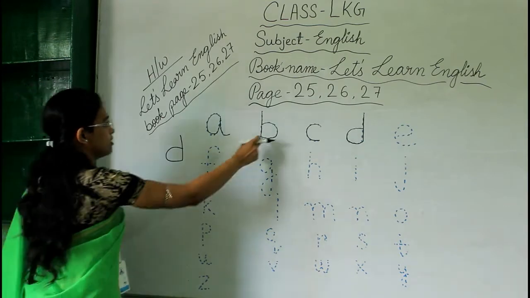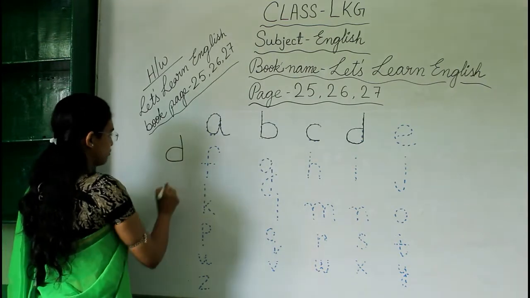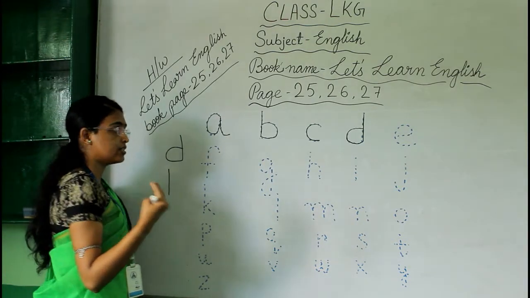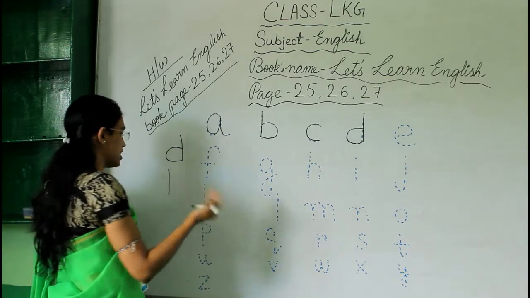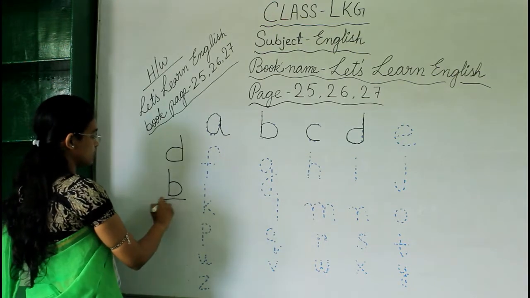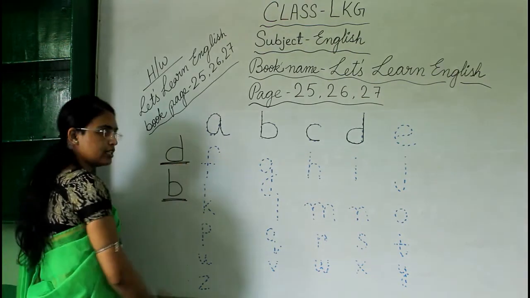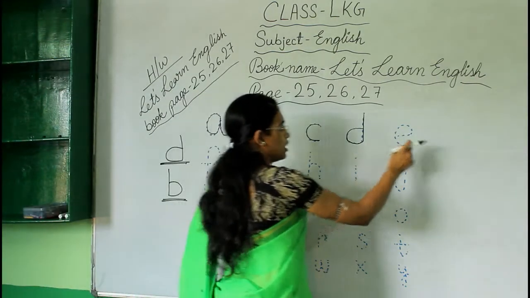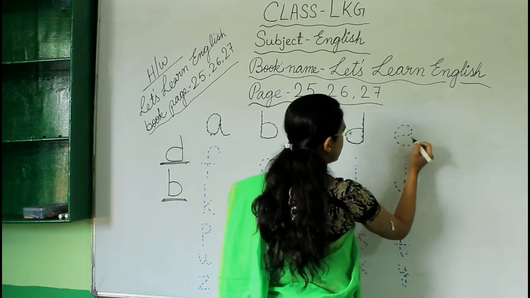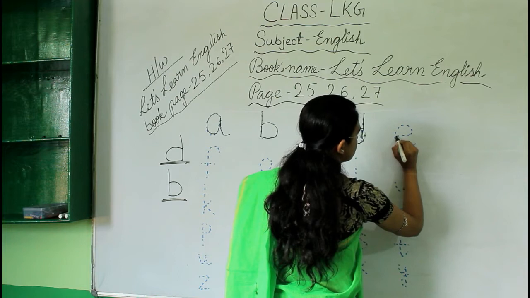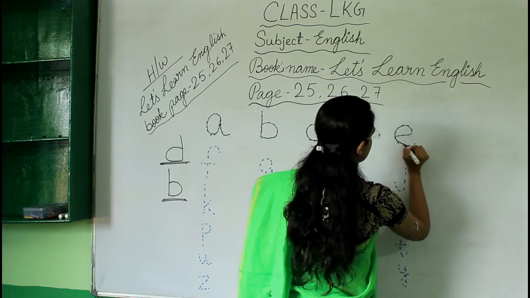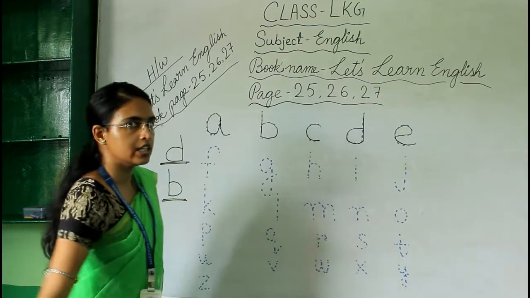And when you will write small letter B, for this what you have to do? First draw a straight line, then you have to draw a curved line. In which side? In which direction? Yes, in right hand side, like this. In this side, okay? So this is small letter B and this is small letter D. Now come to after D, which letter this is? Yes, small letter E. For small letter E, first we have to draw a straight line. Then from there we have to make a curved line like this. This is small letter E.